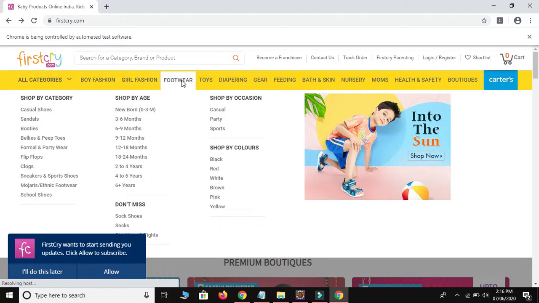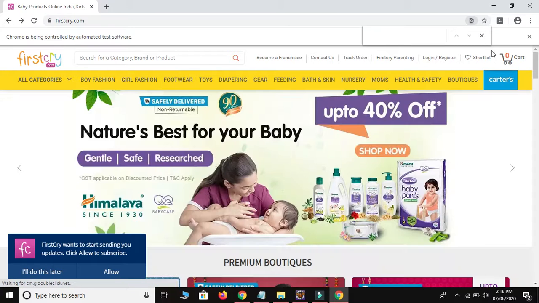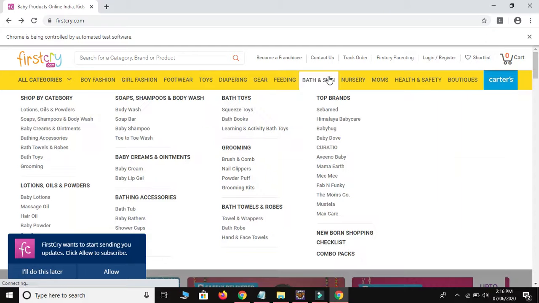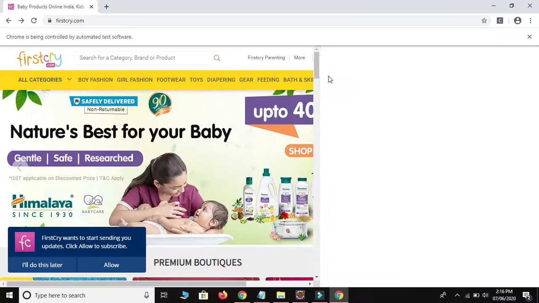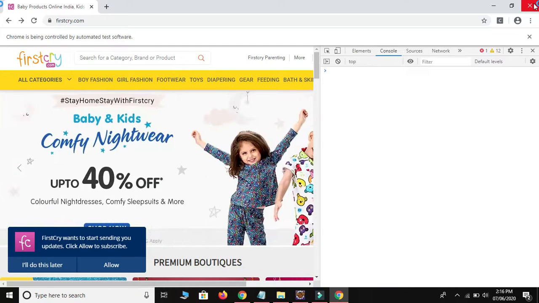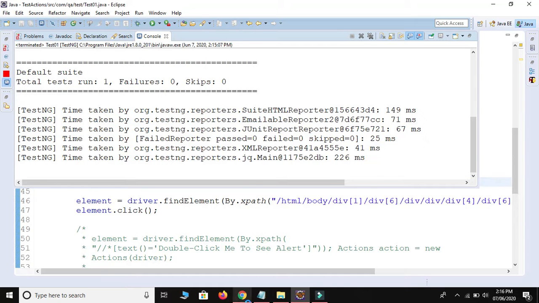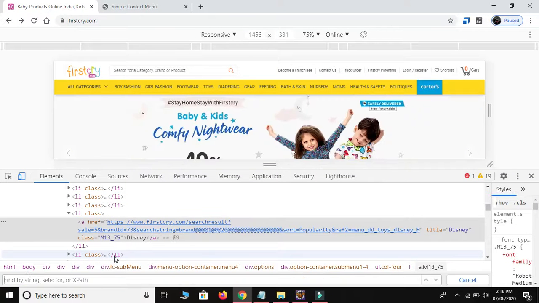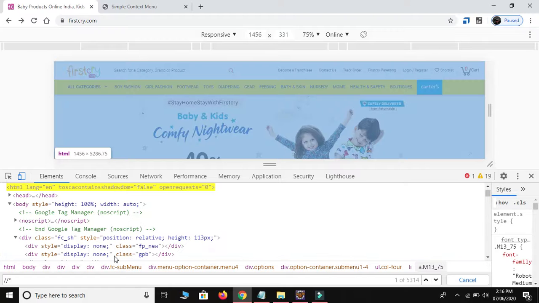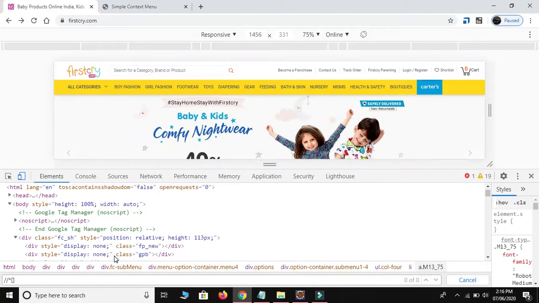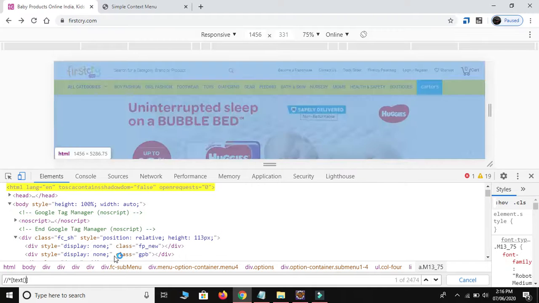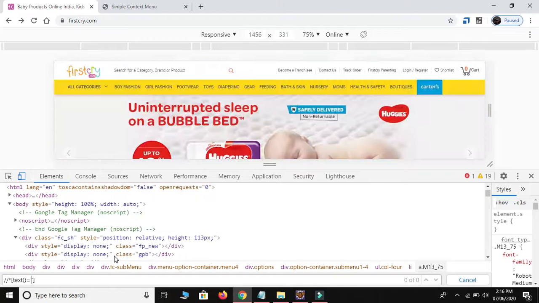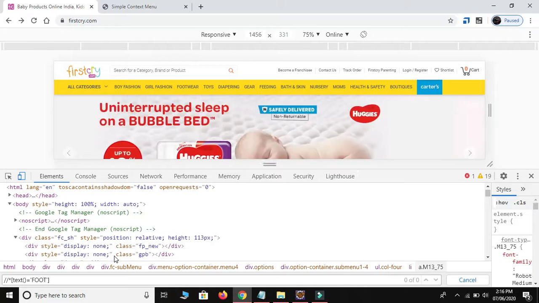Okay, so I will create the XPath for this web element. Let me close this one. Control Shift J. Okay, I will not create the XPath over here. I will create the XPath here. So just press Control F. I don't know the tag name, that's why I have used star. I will use text method. Text method is equal to, okay, and we need to click on this footwear, so I will use footwear.